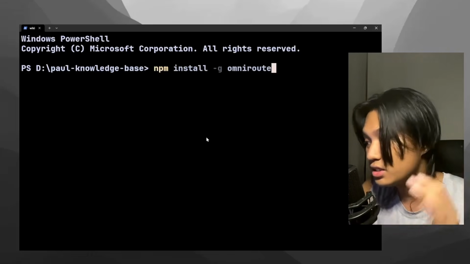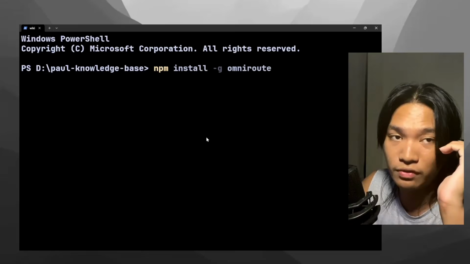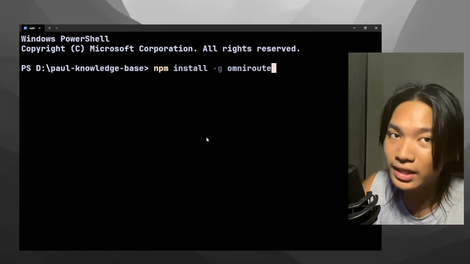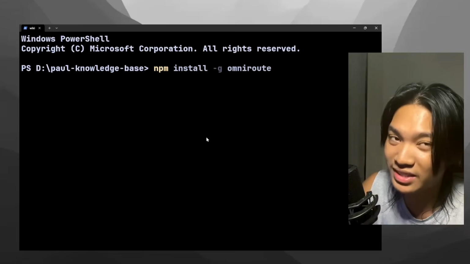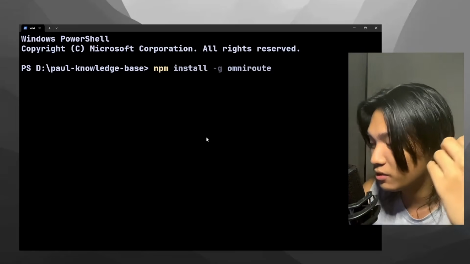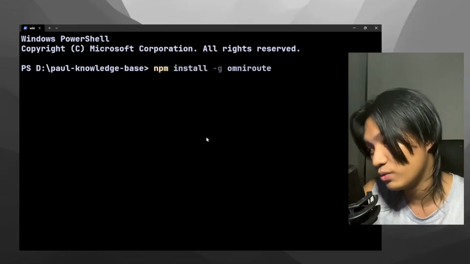Click the start free button and then find this npm install -g omniroute. Now, this took 20 minutes for me to install. I don't really like the bloat that this brings into my PC. I know this should be a tutorial, but this is also a way for you to